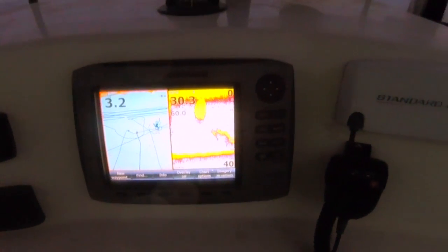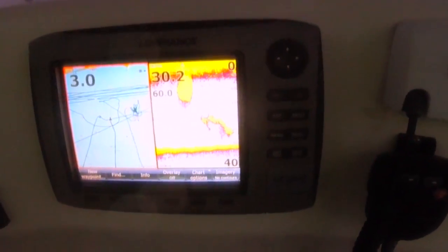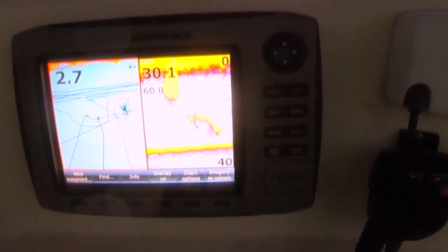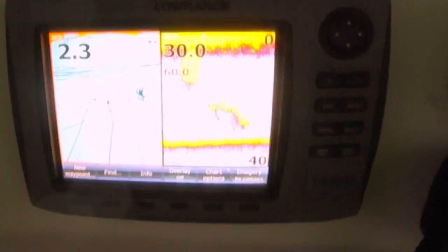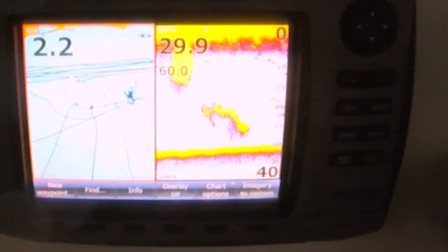Now let's look at some suspended fish situations. Here's one we've probably all seen. There's bait on the surface and some feeding rockfish down beneath. The trick here is just to get that lure down there into the strike zone. It looks like it's 40 feet deep, and those fish are holding about 30 feet, and that's where we need